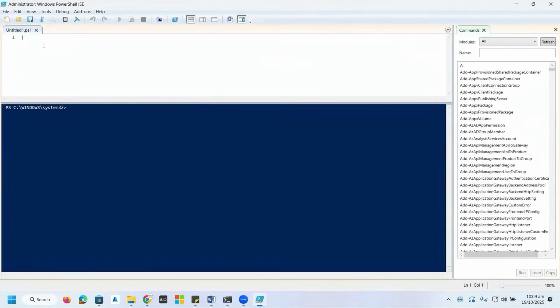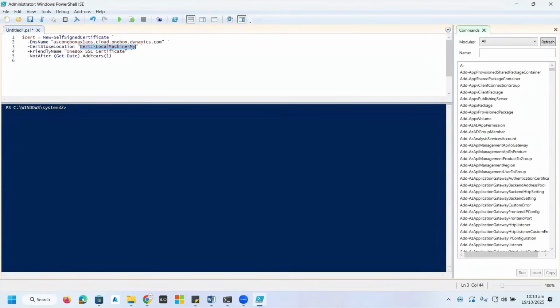As I said, you just need to type this simple command, New-SelfSignedCertificate. Then we need to type the DNS name. Here you can see the DNS name is mentioned, so you need to type your own DNS. It might be tag.com or training.com or XYZ, whatever you need. So you just need to type the specific domain name over here, and then there's a default location where Windows stores all kinds of certificates.